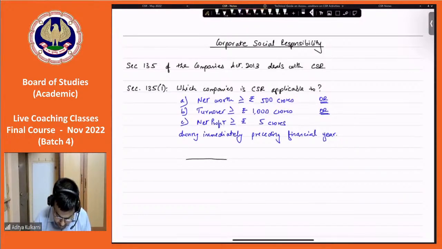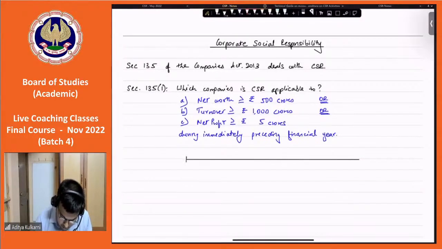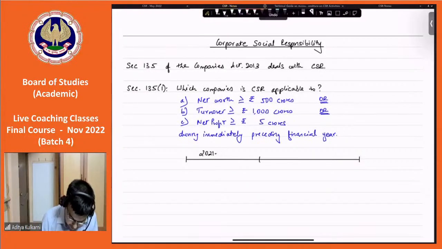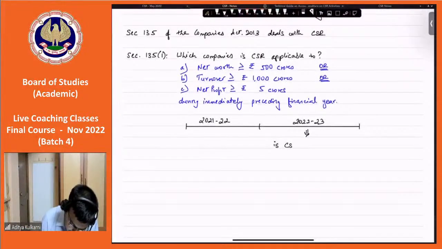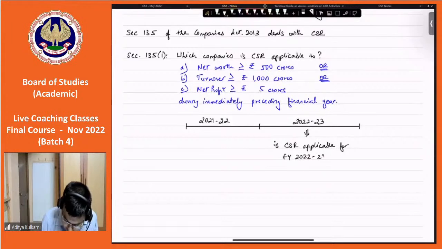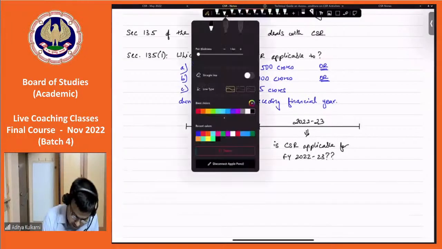Okay, so if I have to put a timeline for us to understand, this is 2020. We are in 22-23, currently. So we have to check whether CSR applicability is there for 22-23. Is CSR applicable for financial year 22-23? To answer this question,